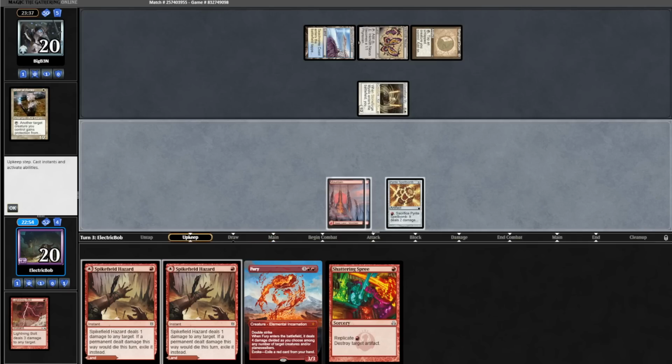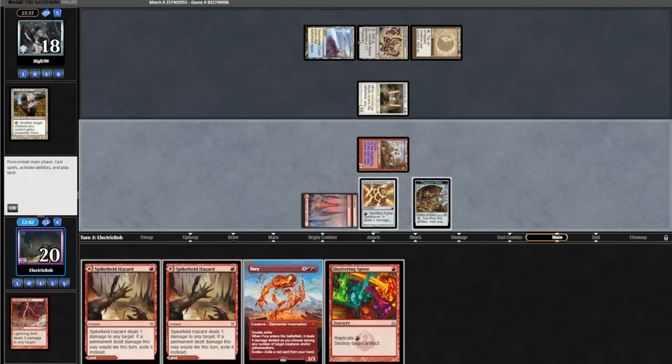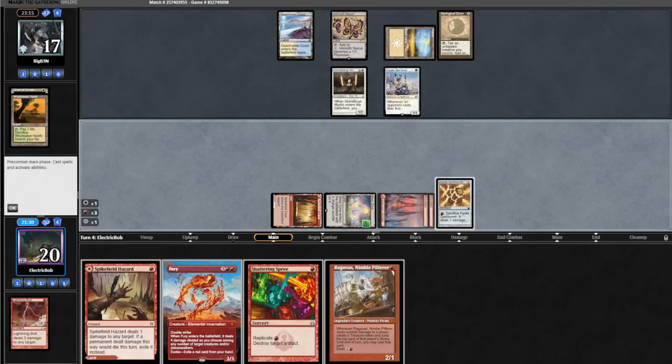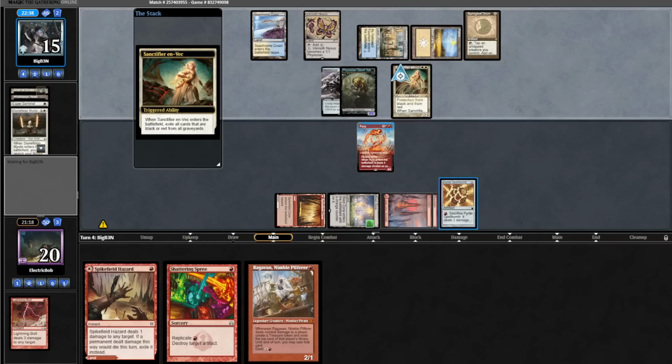We'll just bolt the Giver, Ragavan's a fine draw, dash that out, we exile Seacrum Coast, and then we'll play a tapped land. Opponent plays a land into a Sentinel, and looks like they're just holding up Stoneforge activation. Blast Zone is a great draw. We'll hardcast our Fury,